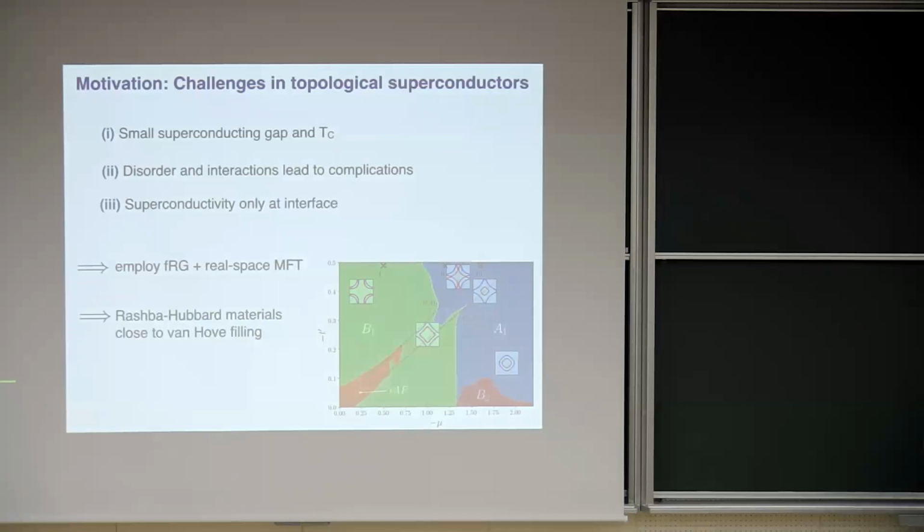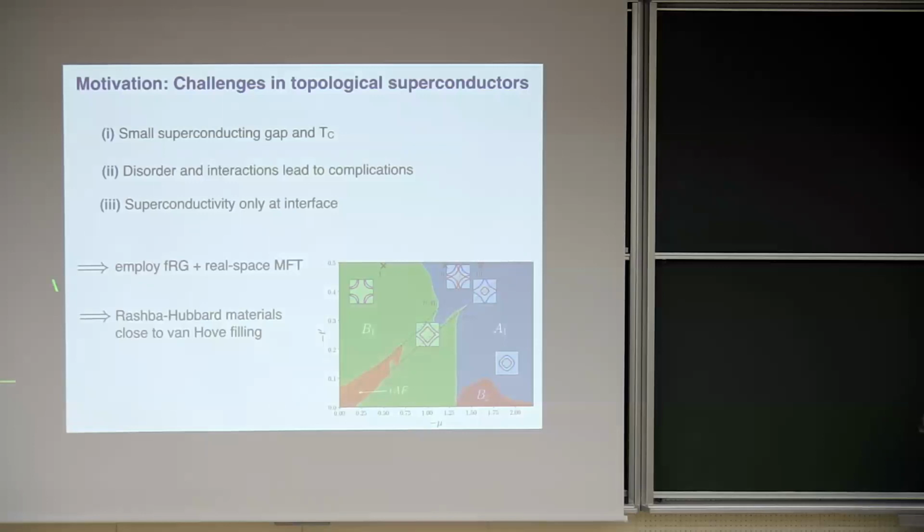And finally, oftentimes one just looks at these topological superconductors as an interface. For example, one can have an s-wave superconductor interfaced with a spin-orbit coupled semimetal, and then one gets this state only at the interface, but then it's kind of buried from the outside and not so accessible to experiments. So we want to have this topological superconductivity ideally in the bulk, such that it can be accessed more easily to make contacts and so on.